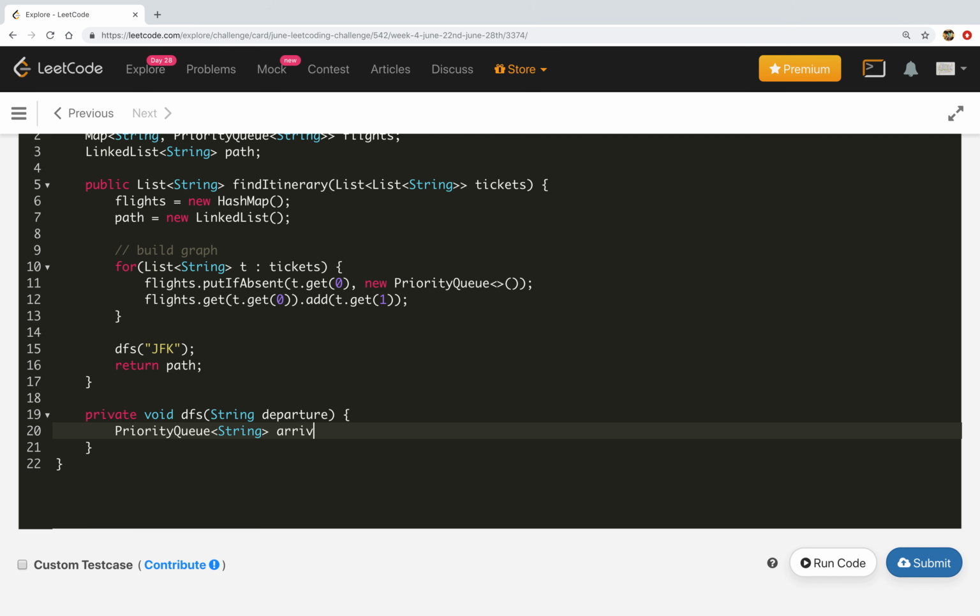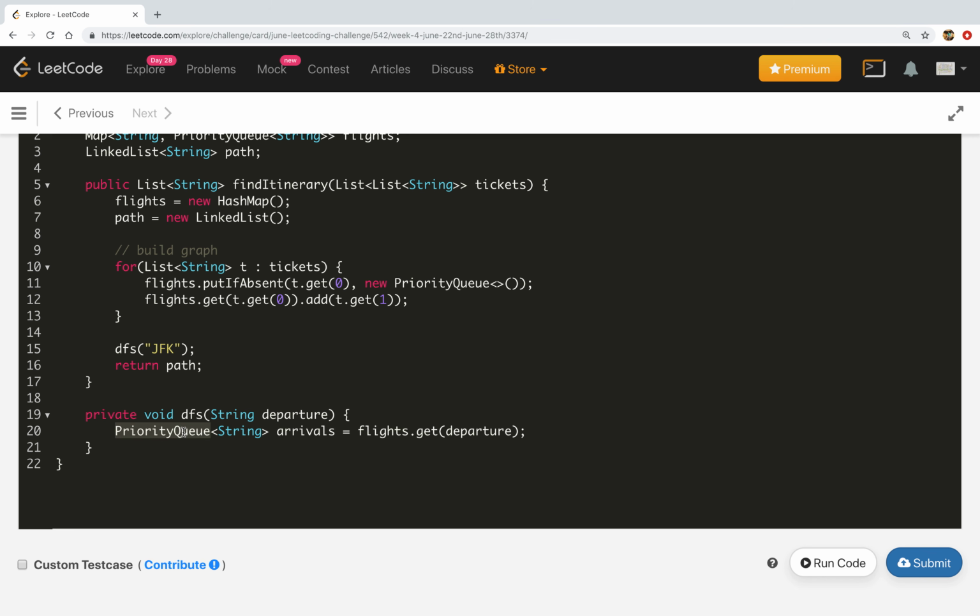The arrivals from that departure we will get from flights.get, sorry, this should be get, with the given departure.